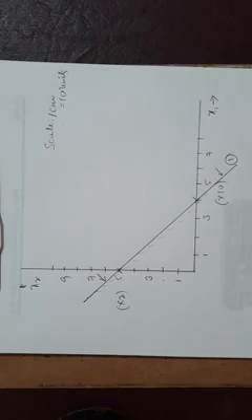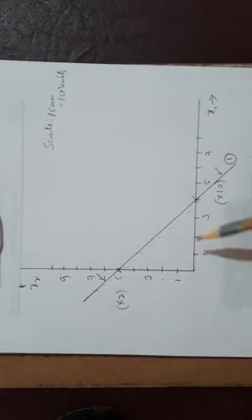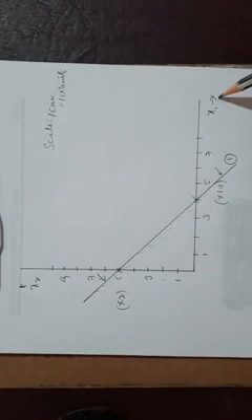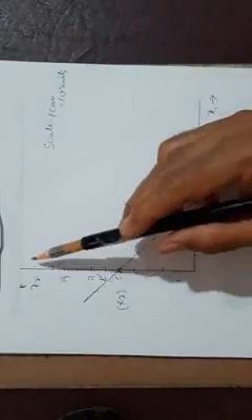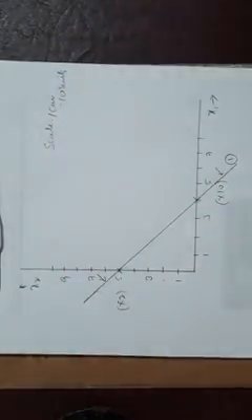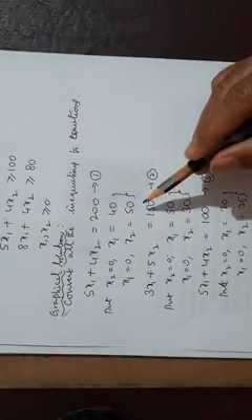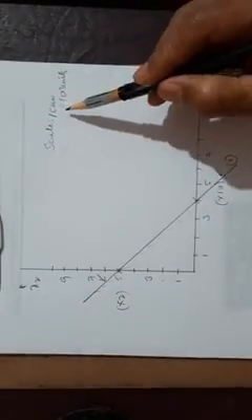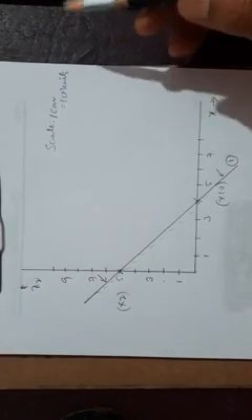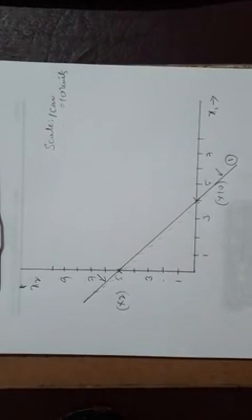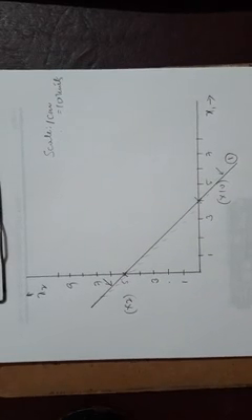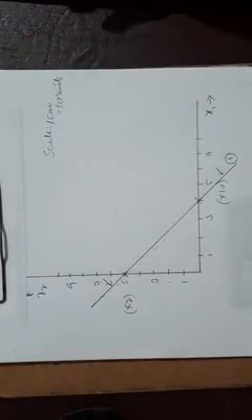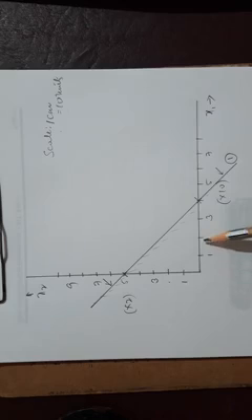You could see the lines are drawn. I have taken variable x1 along the x-axis and variable x2 along the y-axis. Then I select a suitable scale, because the highest value happens to be x1 equal to 50, and x2 is also equal to 50. So I select a scale of 1 centimeter equal to around 10 units. It is a fairly good scale for me to represent without any difficulty. If the values are greater, select a higher scale. Now with that I have marked each of these centimeters.